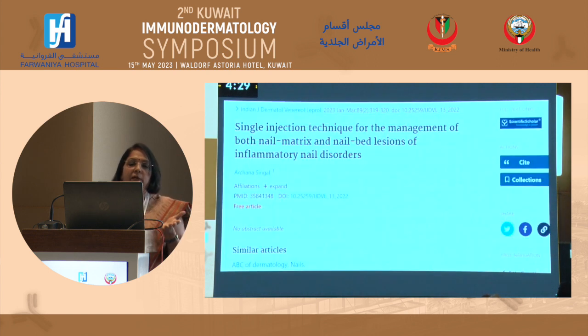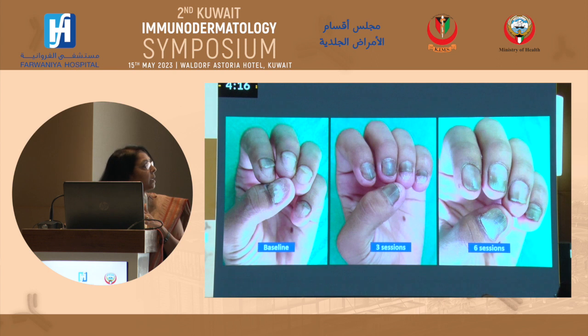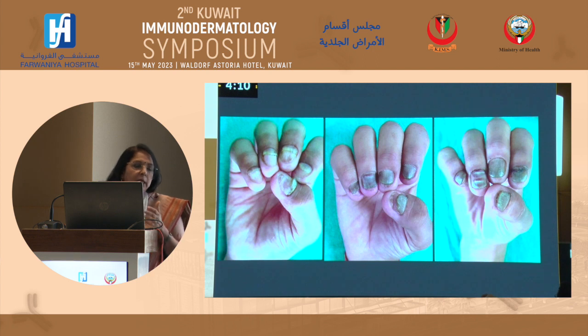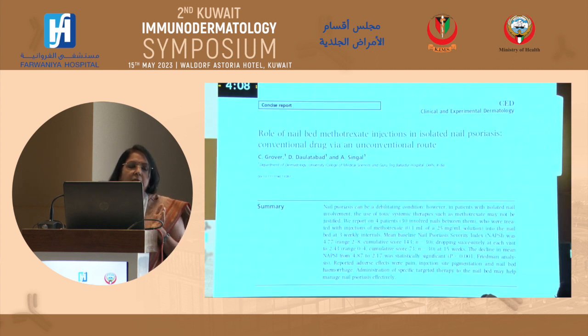I have developed a technique where in one injection I can give both intramatricial as well as nail bed injection. And this was the result after 3 sessions and after 6 sessions. This can be maintained easily with topical emollient application. I've been following this child for almost